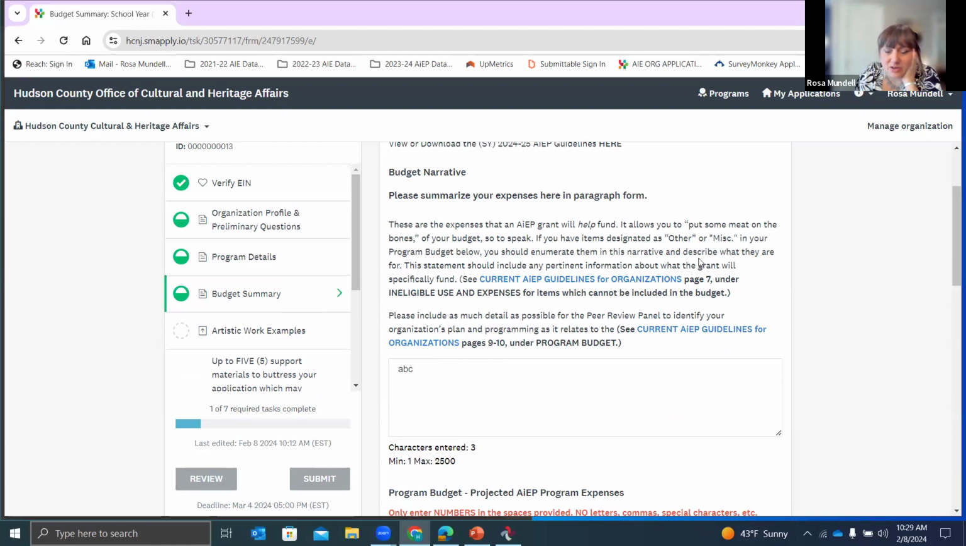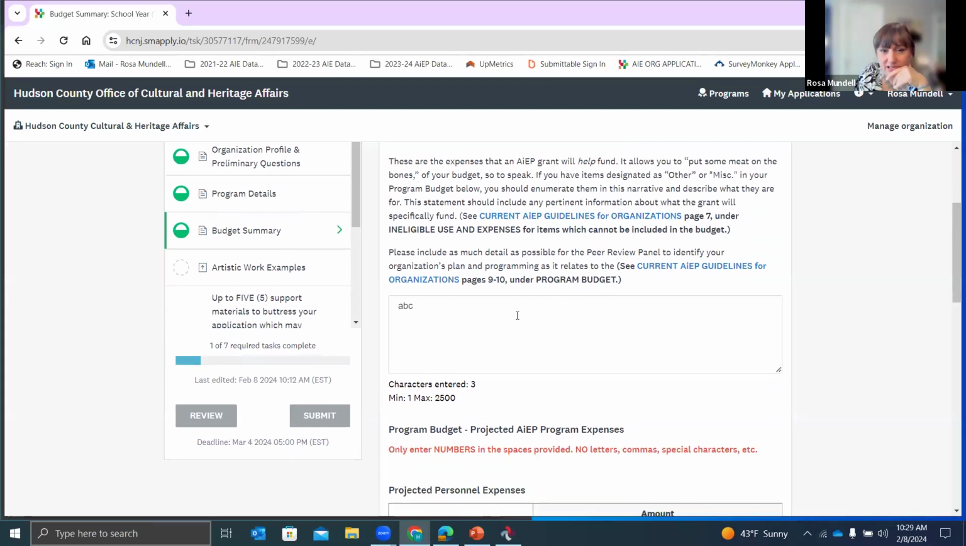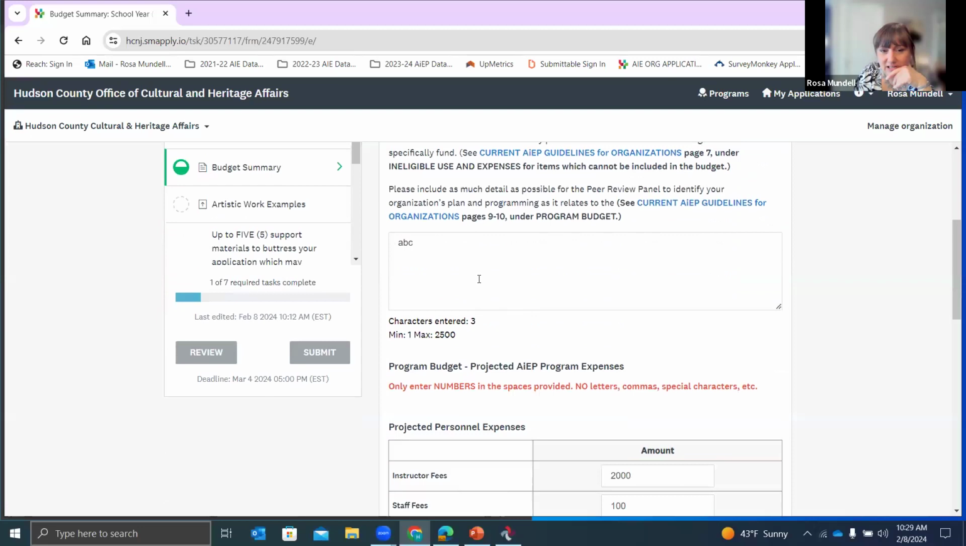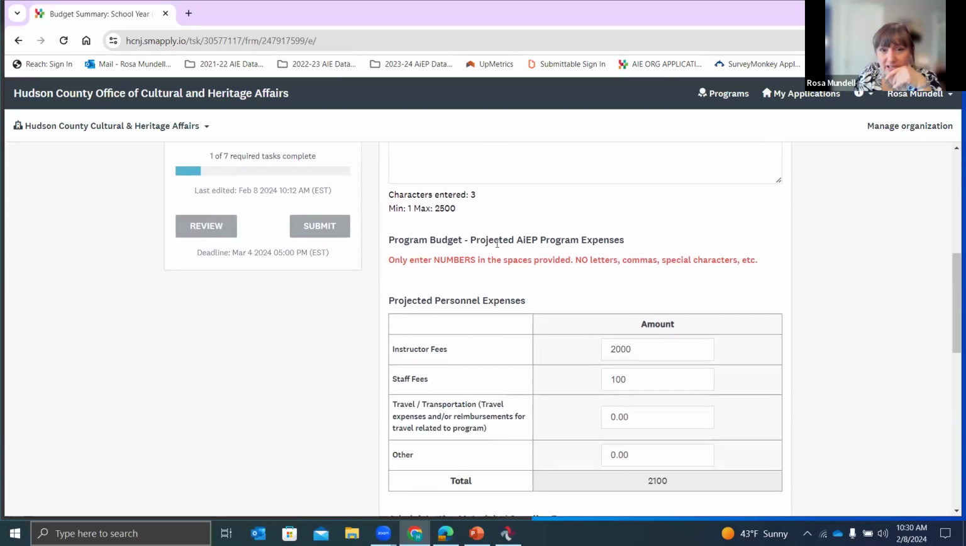And this statement is only going to include information pertinent to what the grant will specifically fund. So in your guidelines on page 7, there is a list of things that cannot be included. So just take a look at that list and make sure none of your expenses refer to those things. So this, you're going to actually enter here, and then when you come down to the budget itself, you're going